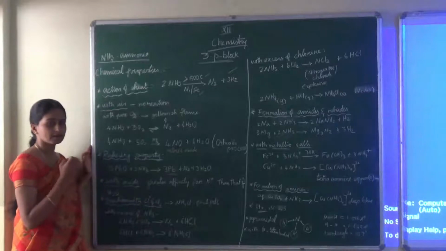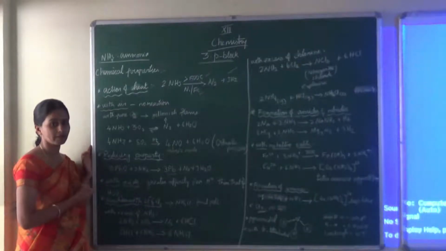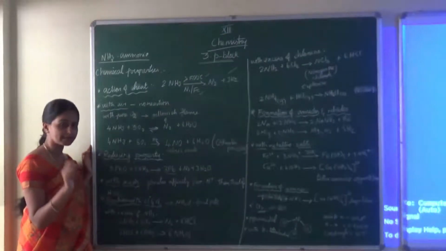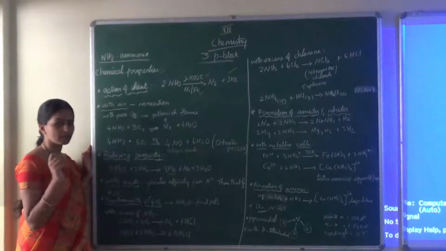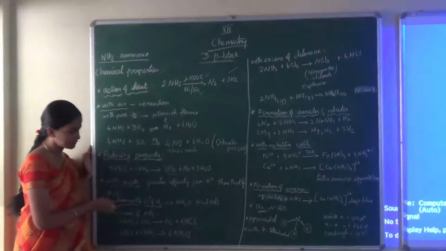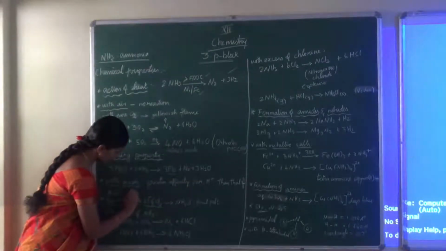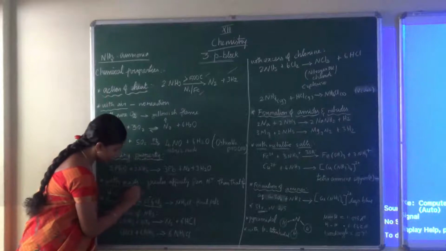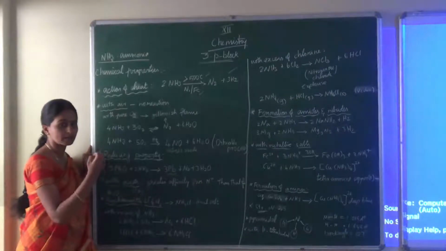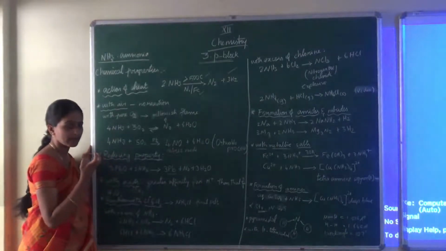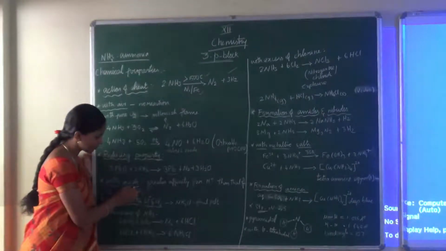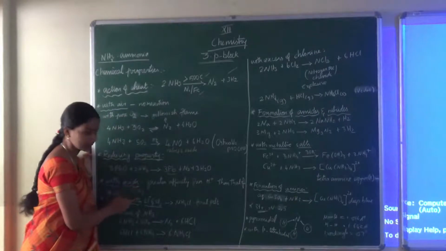Here, water has a greater affinity for proton. We know H+ cannot exist alone. It will always exist as H3O+, the hydronium ion. In the same way, here ammonia, NH3, has a lone pair of electrons. Nitrogen has a lone pair of electrons. Using this lone pair, it will capture one H+. It has a very high affinity towards the proton, so it can form a bond with this lone pair of electrons.